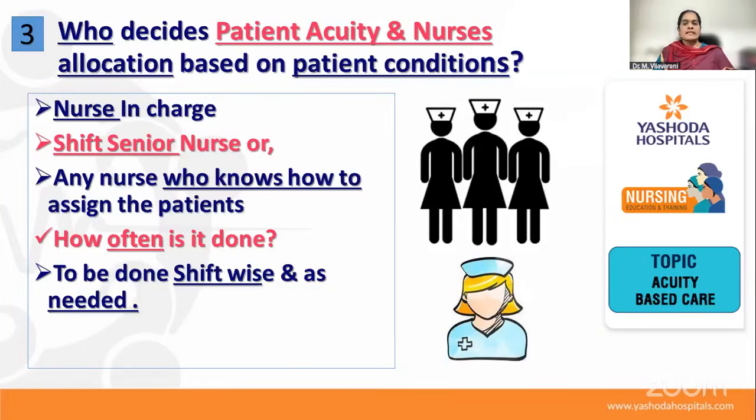In some cases, any nurse who understands the patient can also do the acuity allocation, because if no one else is there, they ultimately have to take it. The patient assignments need to be reviewed at the start of the shift, modified in between if required, and checked every shift to see how it is going. This will help ensure real-time adjustment of nursing care according to patient care needs. I appreciate the words you used, real-time adjustment. It requires that sometimes.